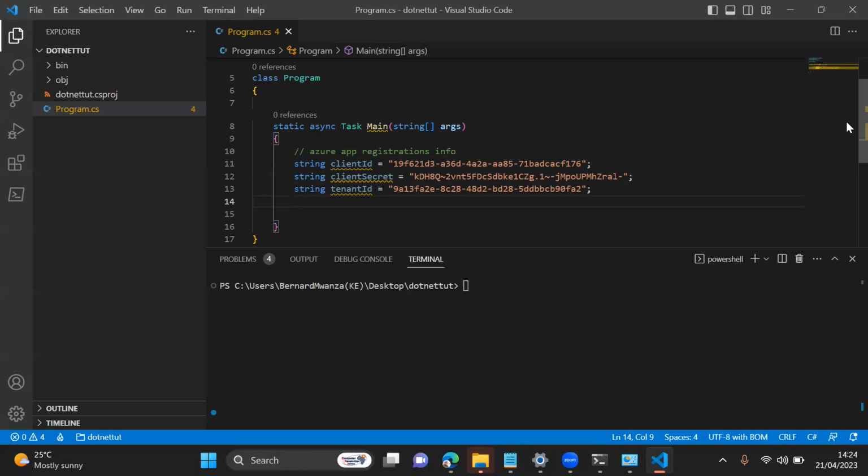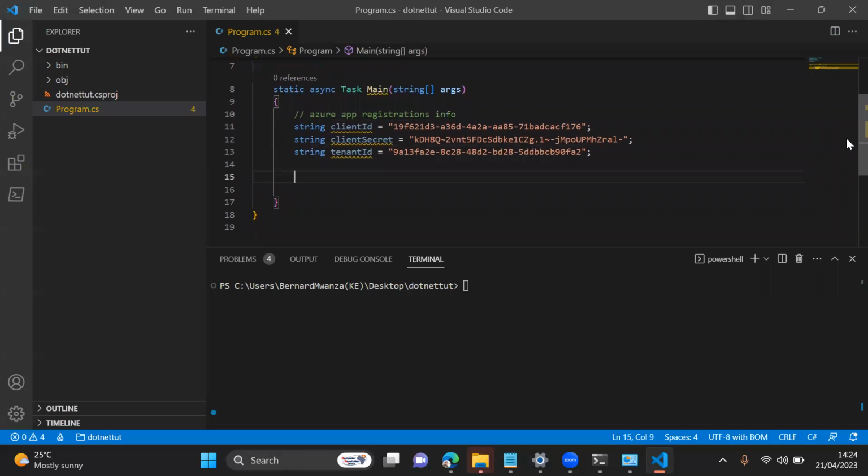So next, we're going to create an HTTP client to make requests to the Graph API to get the access token. So we need an HTTP client object. If I can just add a comment there and say create an HTTP client. So here we're going to say using